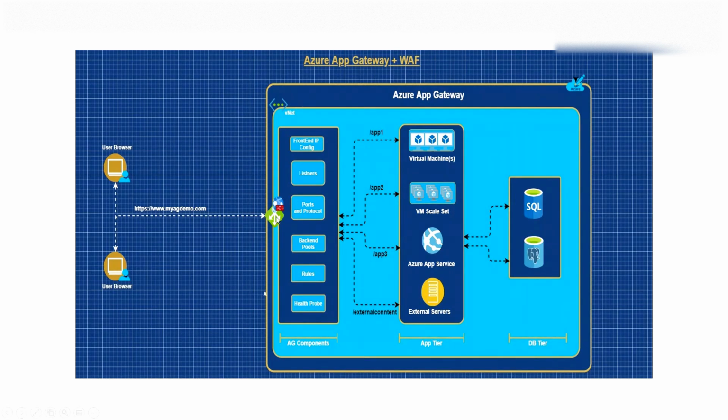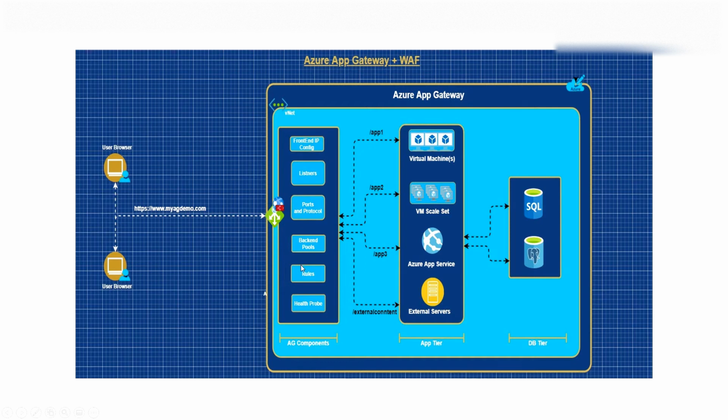Normally we can access through HTTPS and with your domain name. As I do not have my own domain name, I'm going to access this Azure Application Gateway through the public IP assigned to this app gateway. But if you have your own domain and your own certificate, you can bind all those things with the PIP of this app gateway. Basically, in this demonstration you are going to access the HTTP URL of this application gateway, and that application gateway will direct the request to the virtual machines where the application is running through its app